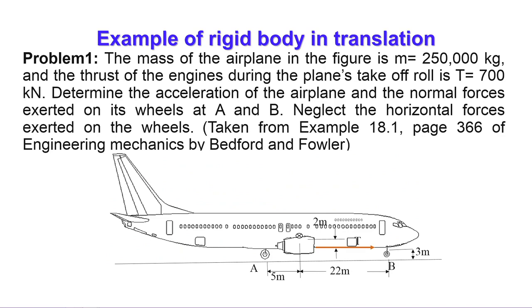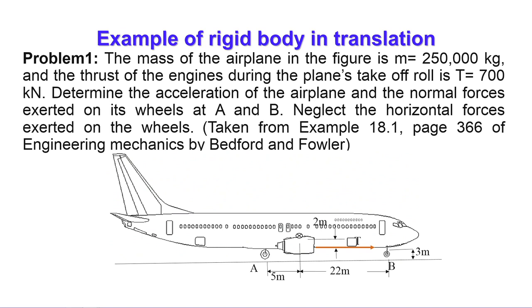Now, we are going to look at one problem. Here is an aeroplane. Two wheels are shown and there are supports. The two wheels are supporting forces at A and B, and there is one thrust force due to the thrust force of the engine, and this thrust force is 700 kilonewton and the aeroplane's mass is 250,000 kg, and we